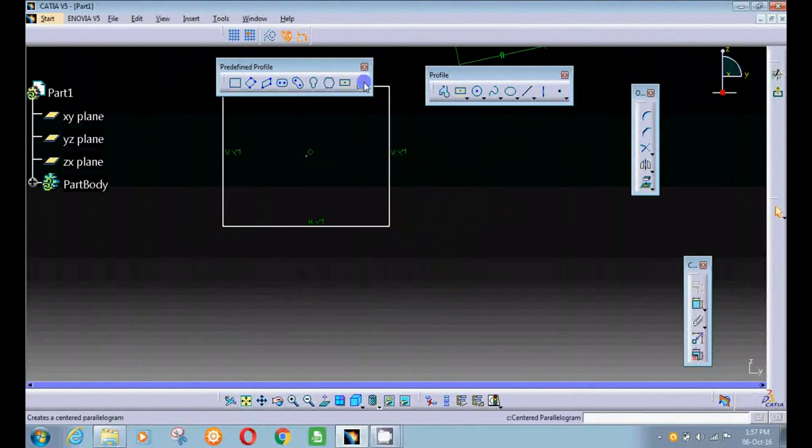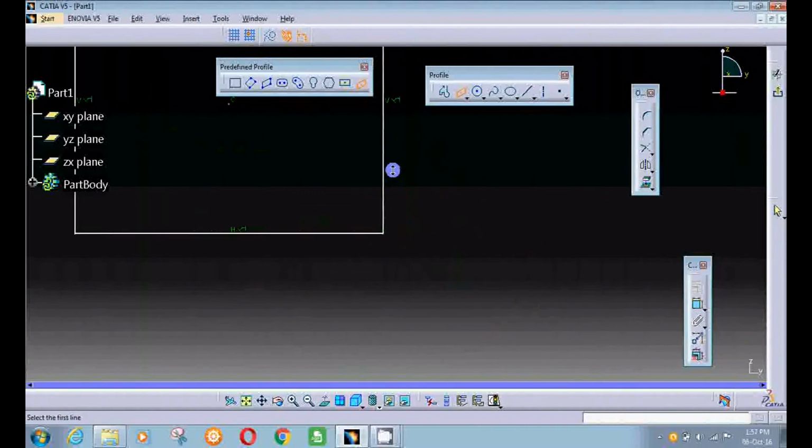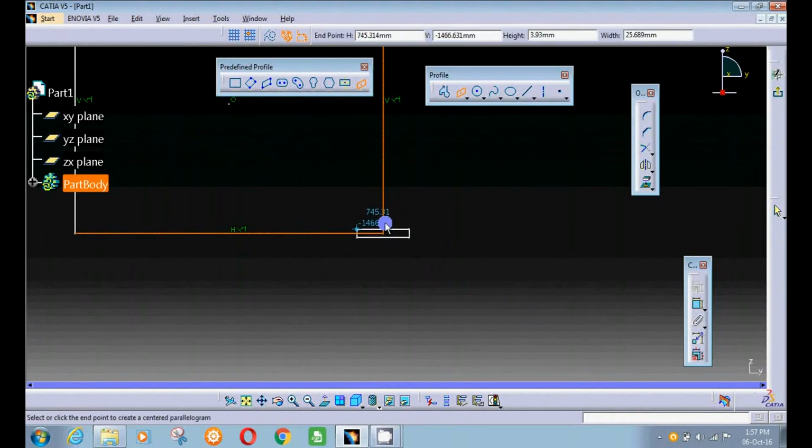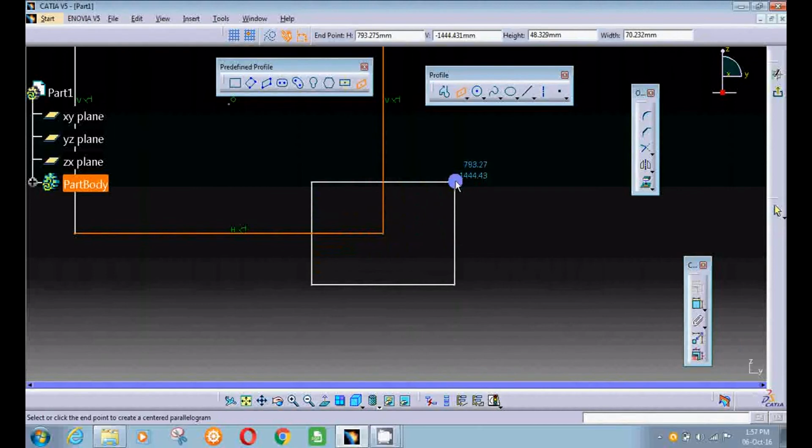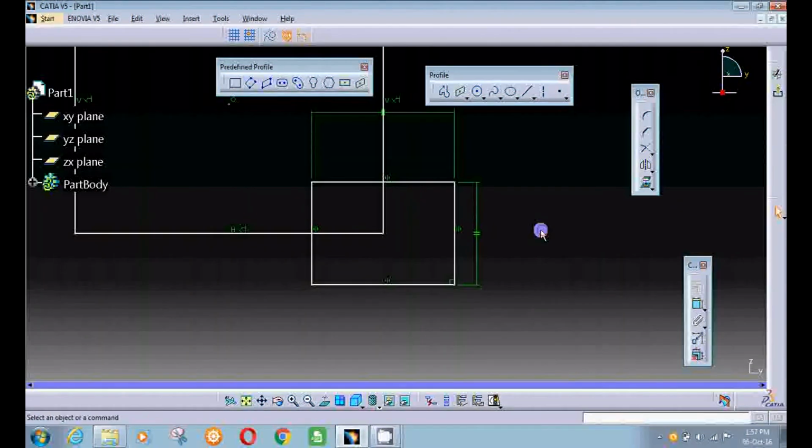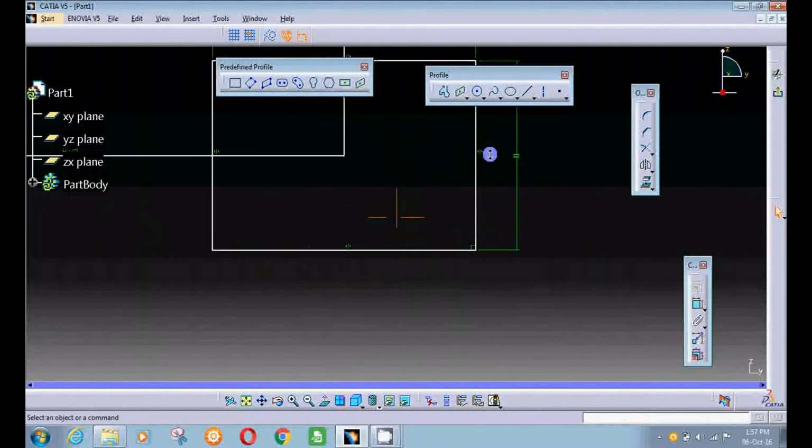The next option is centered parallelogram. This is a rectangle which starts from the intersection point of two lines, and the center of the new rectangle is the intersection point of two lines. Let me show it again.